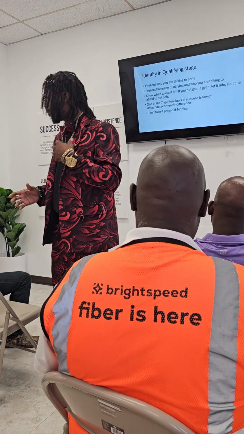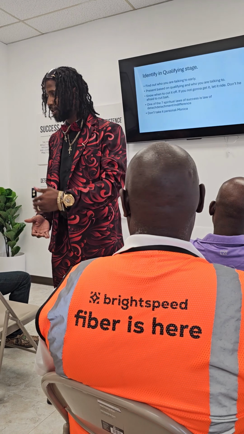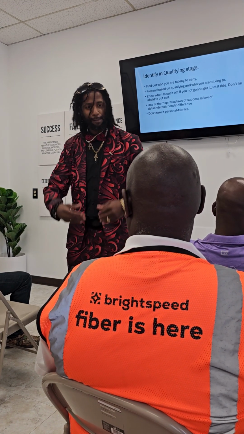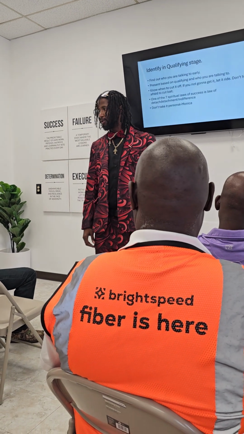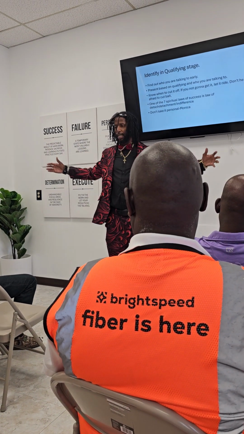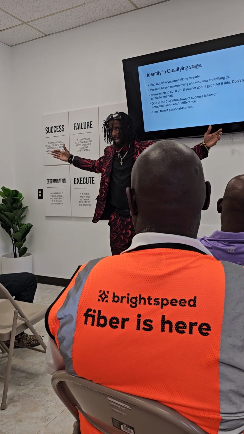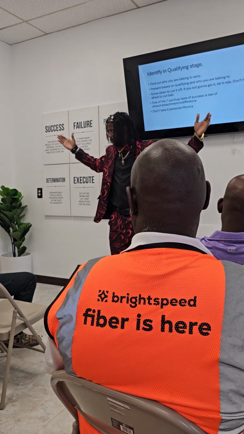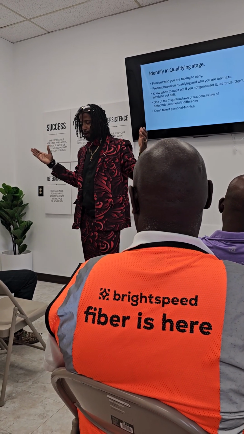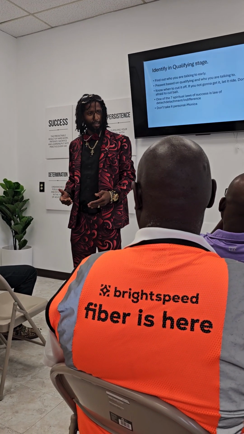What we have to do to be able to move forward is have a position of detachment, a position of indifference, okay? In spite of everything, I'm going to make it happen. In spite of everything, I'm going to go out here and do what I'm supposed to do, because I have a position that says, regardless of what goes on outside of me, I'm going to be great, because I'm standing right here in front of you being great. And I'm going to show up and do that every single time, right? You have to be able to detach yourself from what you want in order to get it. Does that make sense?